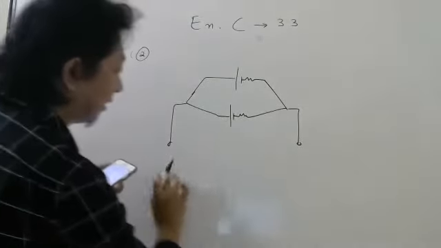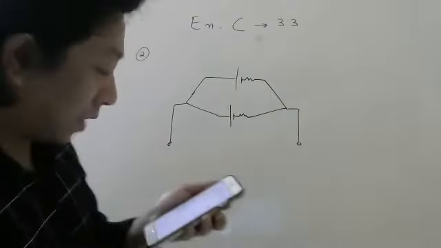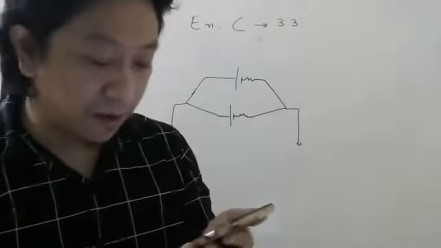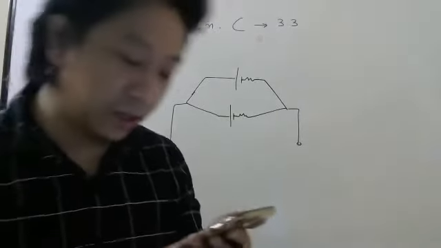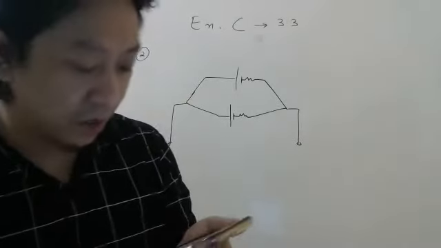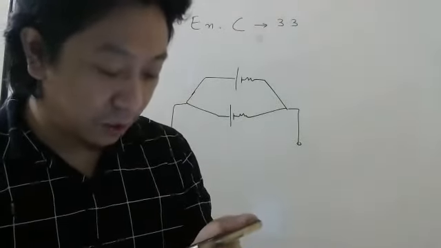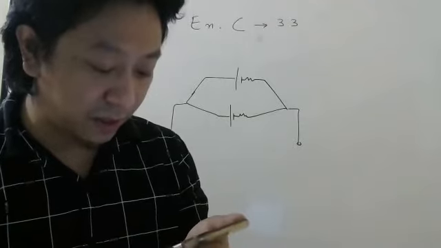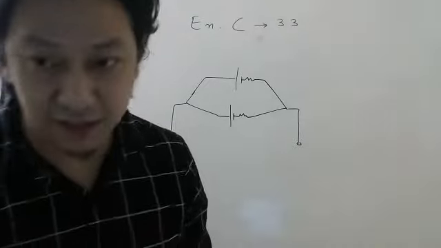Imagine some external resistor here, some resistor here like that. So they are asking: is the equivalent EMF between E1 and E2, greater than E1 and less than E2? Is the equivalent EMF smaller than E1? Is the equivalent EMF E1 plus E2? Is the equivalent EMF independent of internal resistance?